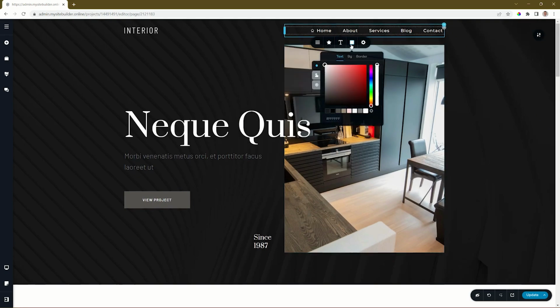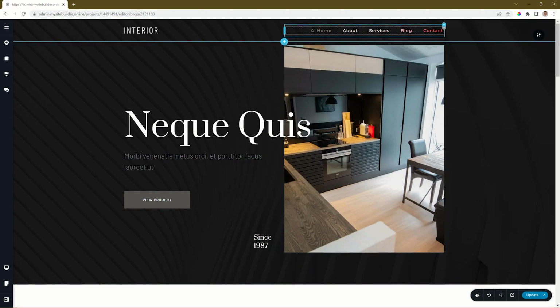Color is also going to apply to all the links, and you've got three options here. The default, that is shown when people hover over it, let's put it on red, and when it is active. Let's click outside and see how that will work. The red is not beautiful, but it's just to indicate how